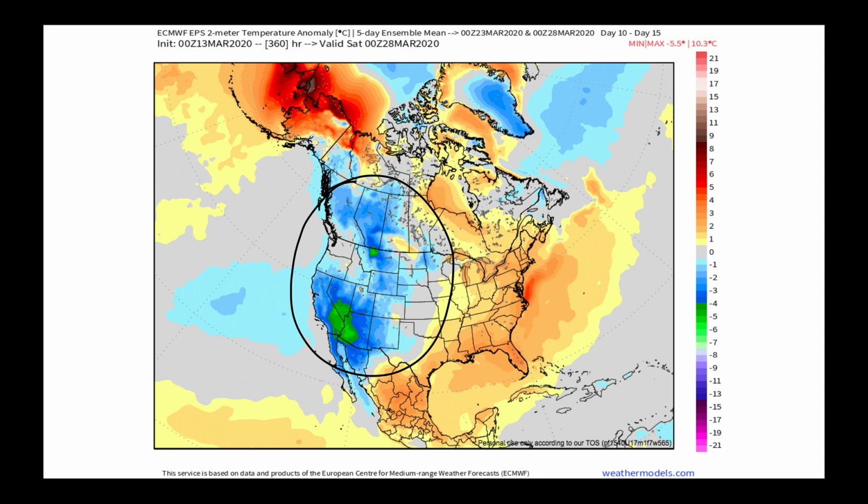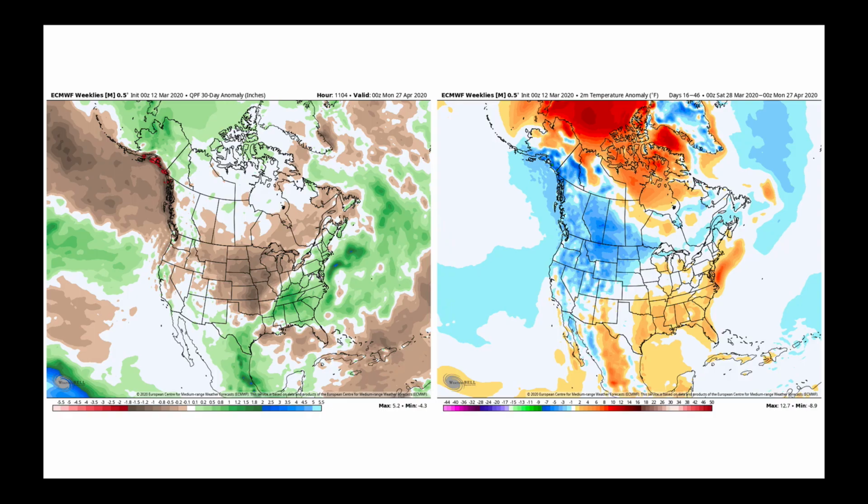Well, as I love to do on my Tuesday and Friday morning updates, we have brand new data every Tuesday and Friday morning that takes us all the way out through the next 6 weeks. And so this is going to be March 27th through April 27th, looking at precipitation anomalies on the left and temperature anomalies on the right. Now the model, as you can tell here, is trying to keep the